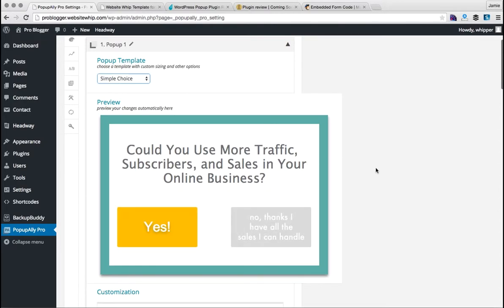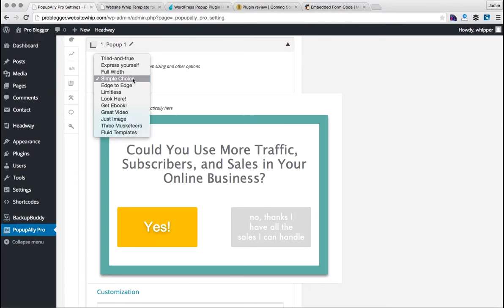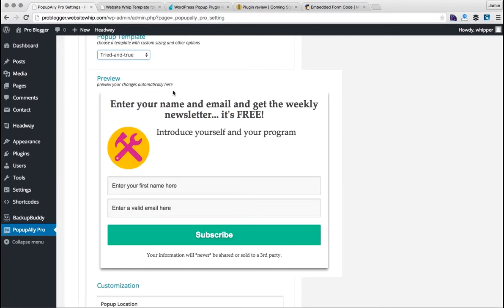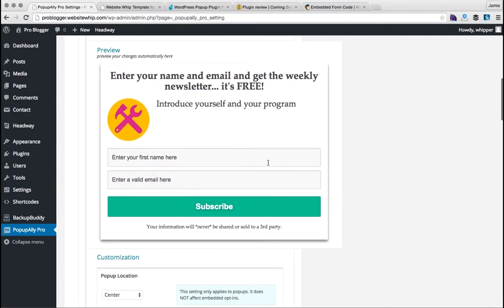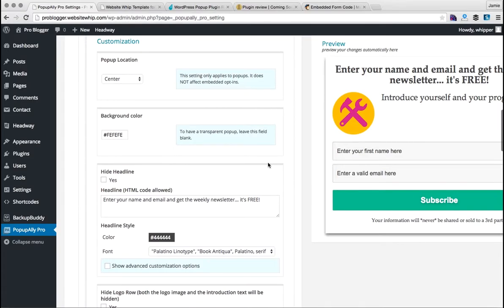This Simple Choice is really interesting. What you do is you pre-qualify a person by asking them a question before they put their name and email address in. There have been some tests recently that have said that this gets a higher conversion rate. So you can choose all kinds of different templates. We're going to just go with a tried and true. And then you choose your pop-up location,